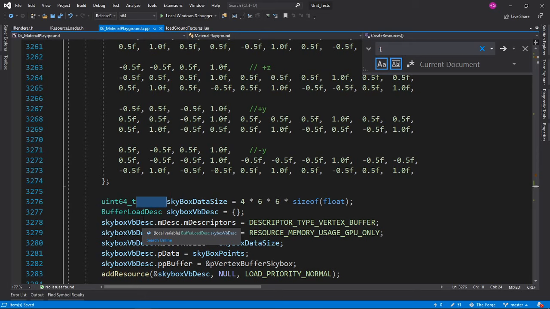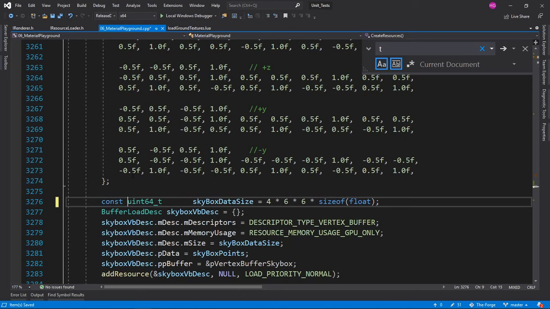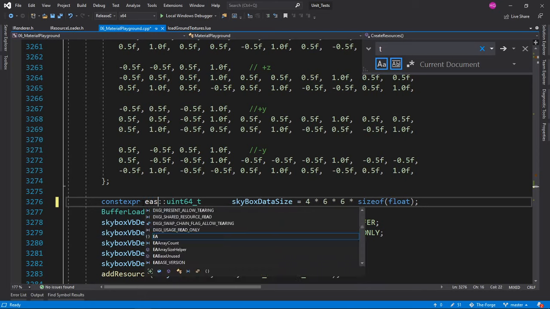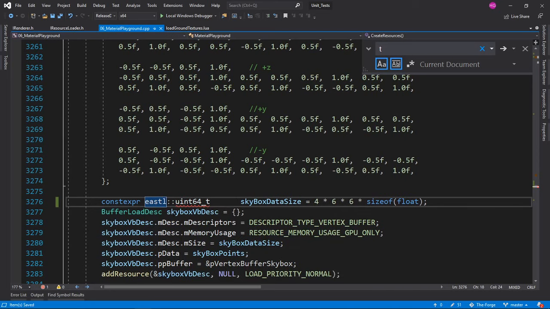Here we go again. 364. This is constexpr. And now that I'm noticing, is it okay that I'm using std in 64? Maybe I should be using EASTL for this, but EASTL is not providing me with one.